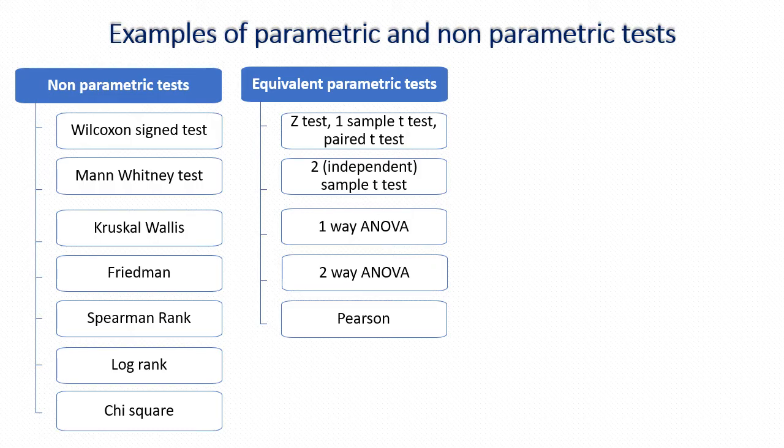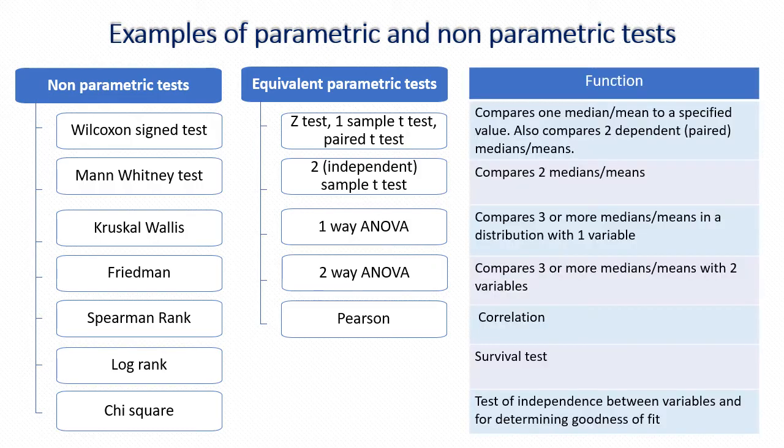If you were to perform a z-test or a one sample t-test or a paired t-test, which is basically comparing a specified value with a mean to test for difference, the equivalent non-parametric test would be the Wilcoxon sign test. And if we were performing two independent sample t-tests, which compare two means, then the equivalent non-parametric counterpart would be